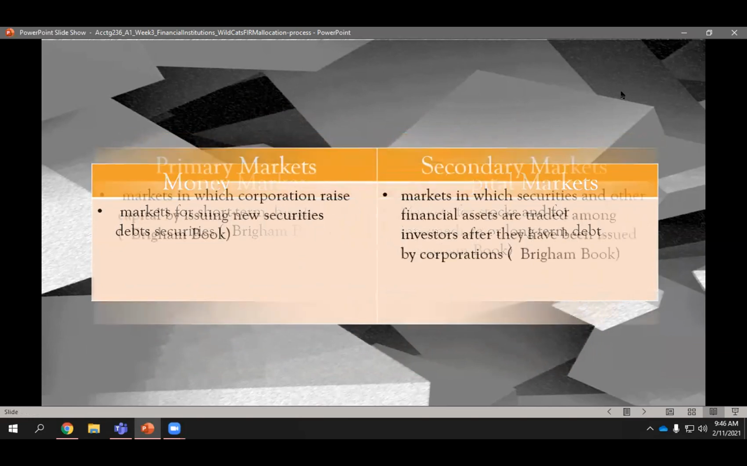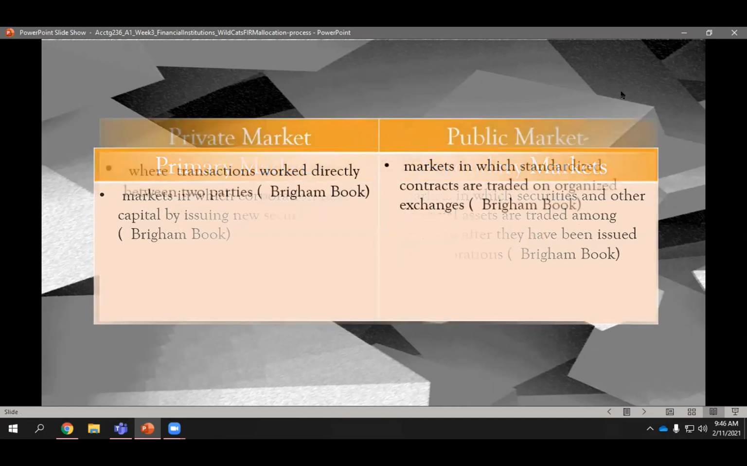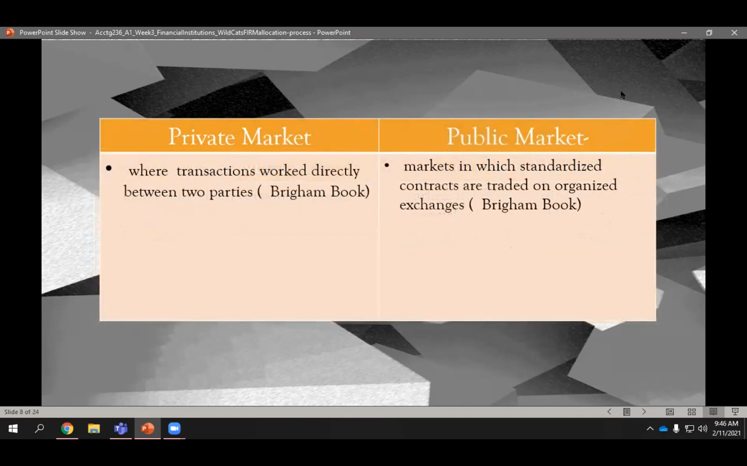investments. And then primary markets, investors or companies are selling their new stocks or bonds to the public. And then secondary markets, where investors buy and sell securities they already own. Private markets, these are investments not traded on a public exchange or market, meaning these transactions are working directly between two people. Public market, markets in which standardized contracts are traded on organized exchanges, meaning it is known to